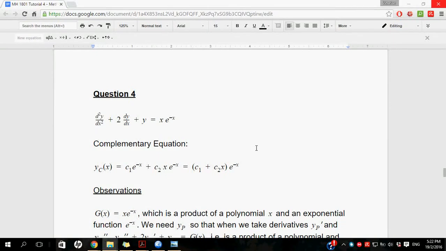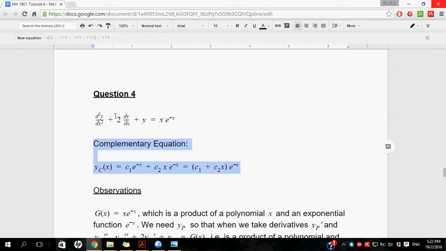Question 4 of tutorial 5. Here we have the given differential equation. Notice that on the right hand side, g of x is a polynomial x times an exponential function. Alright, so we'll solve the complementary equation again, and you see that in this case the characteristic equation has one